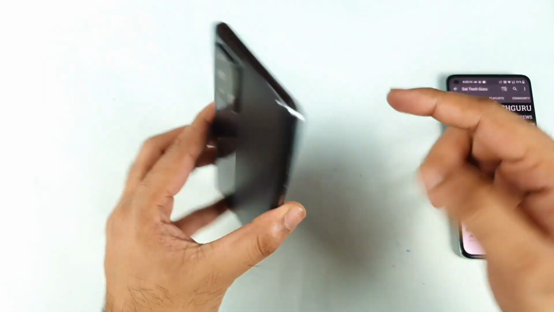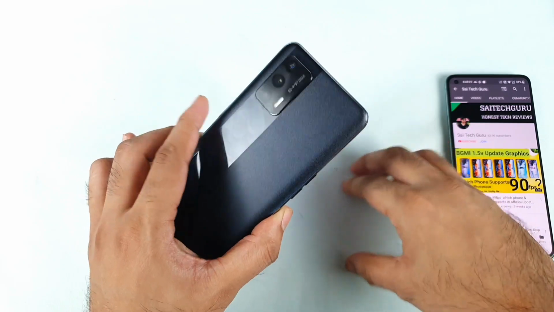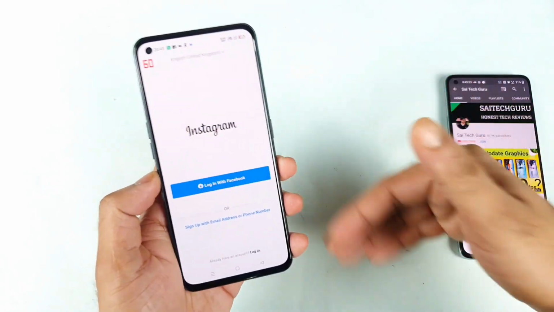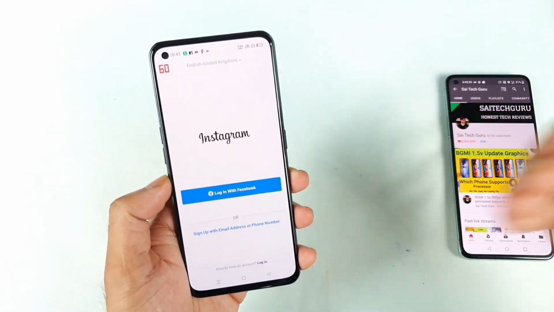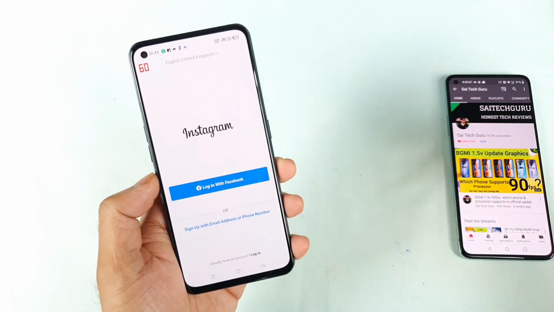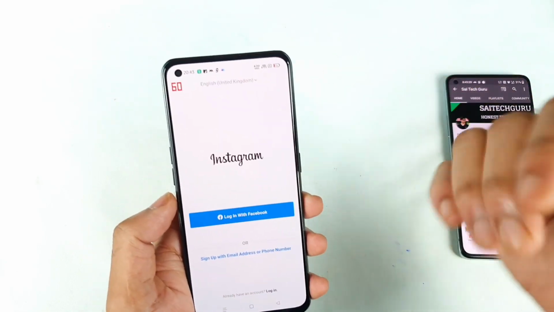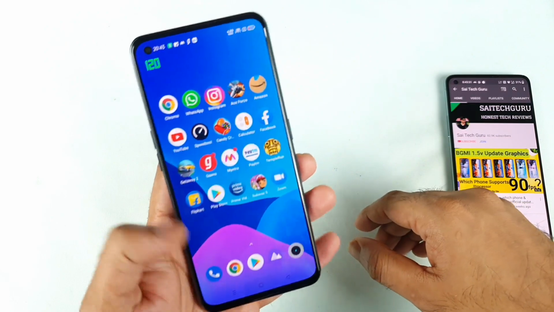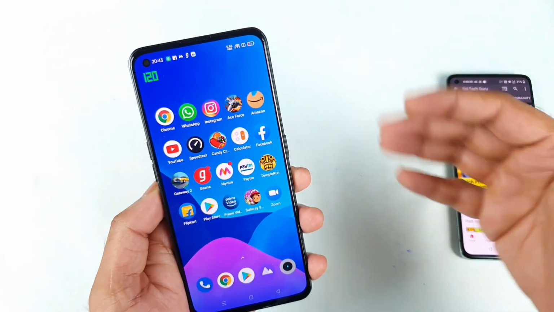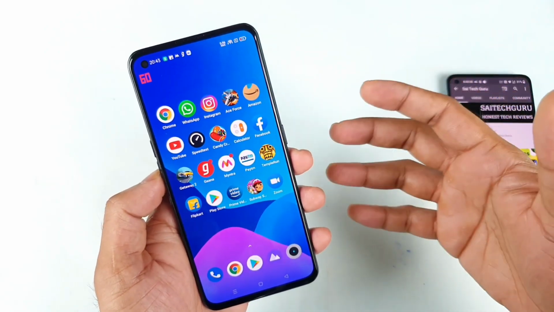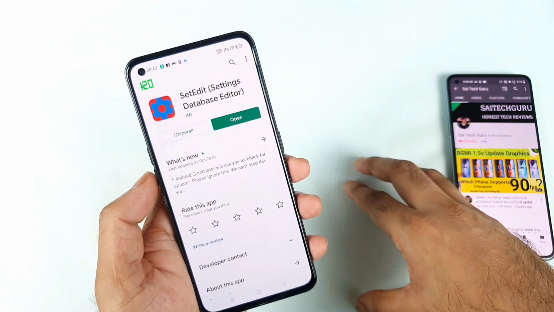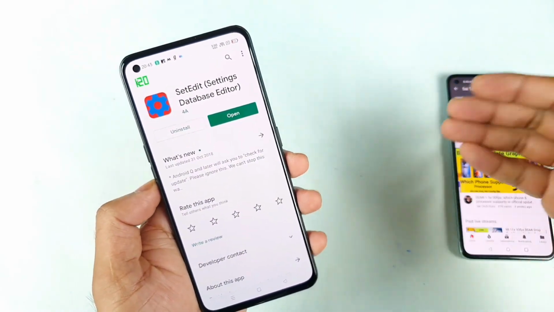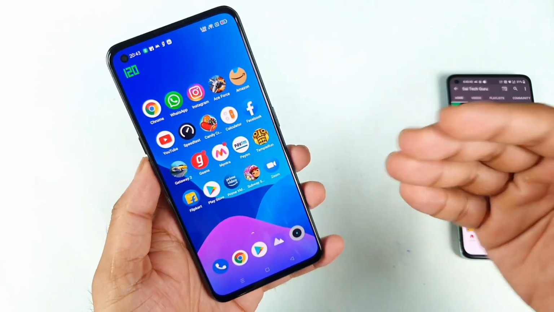This is not a problem with the Realme X1 Max, this is not a new problem. This is a very old problem which you are seeing from the Realme X1 Pro as well. Even the Realme X1 Pro and other phones have had the same problems for the past few months, I think. But still, they did not fix it. I'm not sure whether they'll be able to fix it in the future. So this is a temporary solution we got right now, which is available in the Play Store. In case you want to try, you can definitely try it.